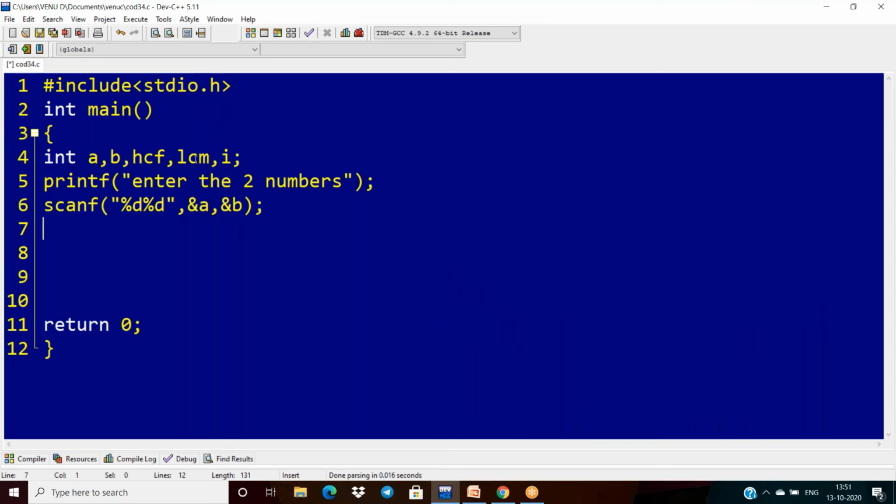So I am taking i here. i starts from 1 and i is less than or equal to A, and then I have to reduce the number of iterations. That is why I'm taking i less than or equal to B as well, and i plus plus.